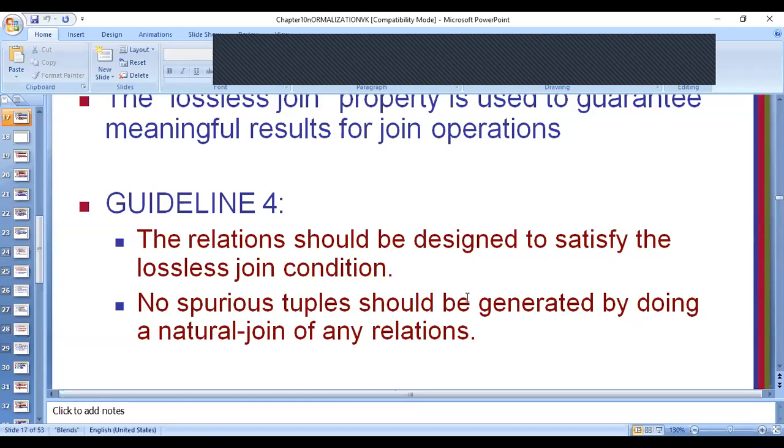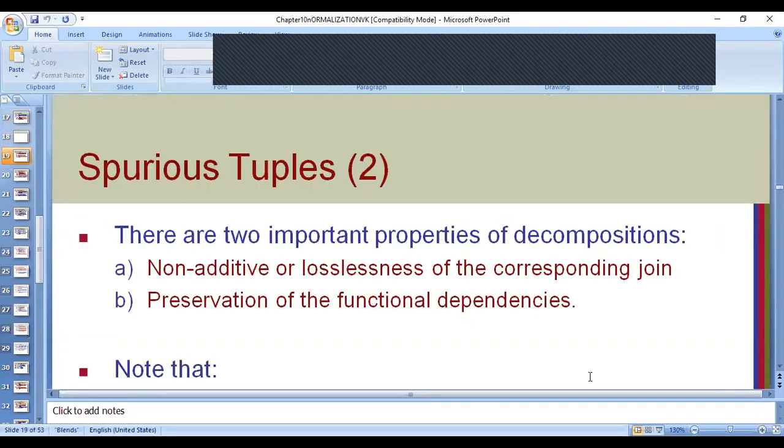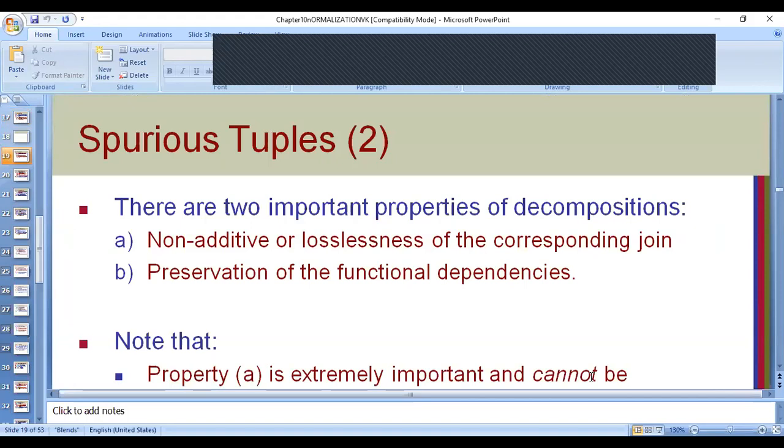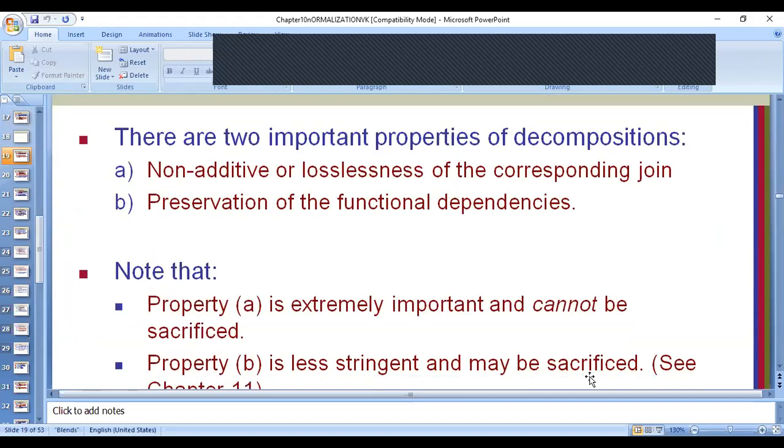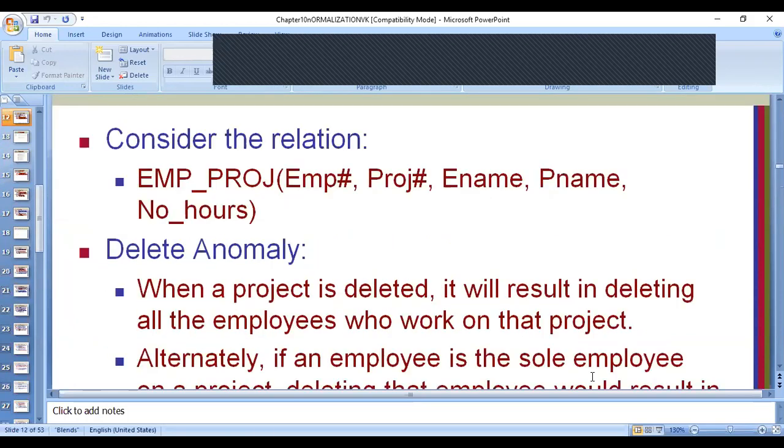So I was just thinking what kind of example I can give. Anyways, what is meant by spurious tuples is that there are basically two qualities.